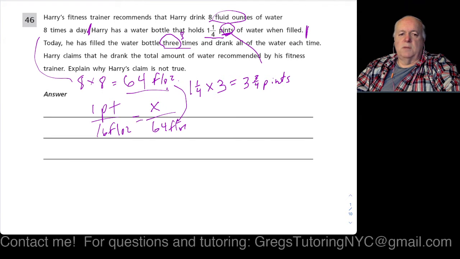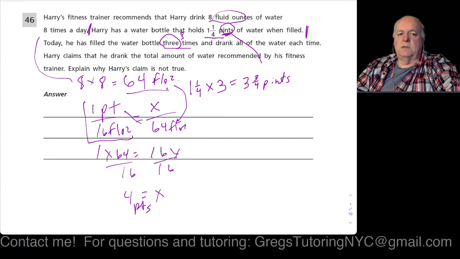We can use the cross product, a couple of techniques here. Let's just use it. So 1 times 64 equals 16 times x. Divide both sides by 16. And we get 4 equals x. This is in pints. 4 pints. So that means Harry's fitness trainer. So we went in the reference table